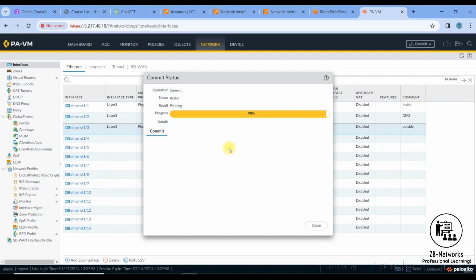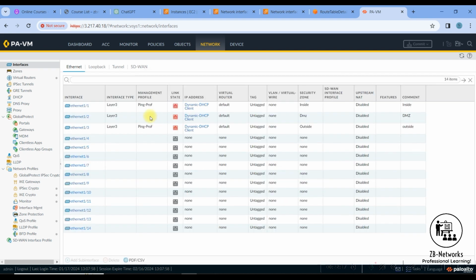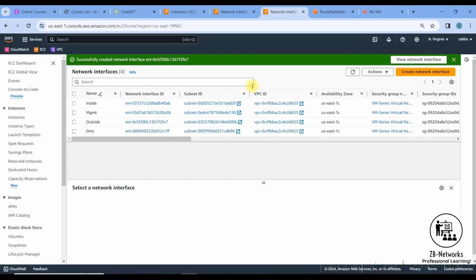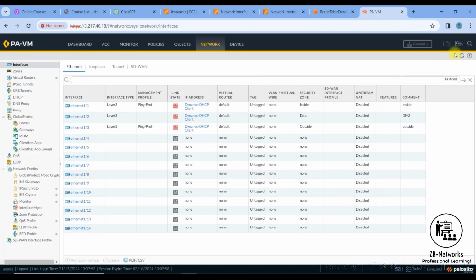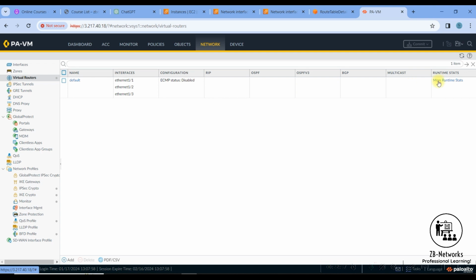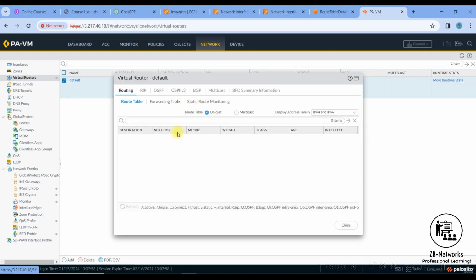We should be good here. Now, if I check here on the Palo Alto, I don't see this in green, so we will have to reboot the firewall because we attached the interface when the firewall was on. If I check the routing table, this shows active. Good, but the Palo Alto itself is not showing the DHCP here. It should show the IP of the outside interface and inside interface, like we have configured through the subnets, right? If you go on the virtual router and check more runtime stats, we should be able to see the routing here, but we are not able to because we will have to reboot